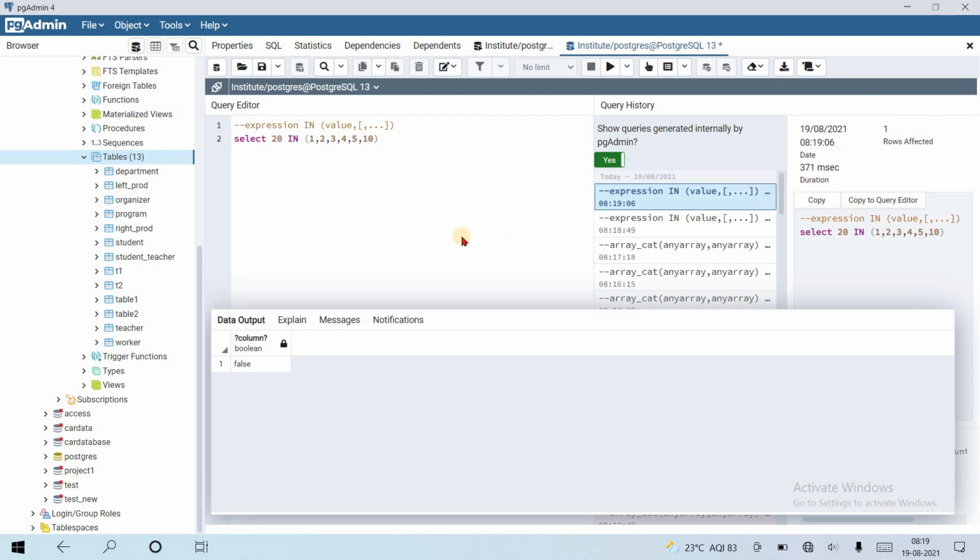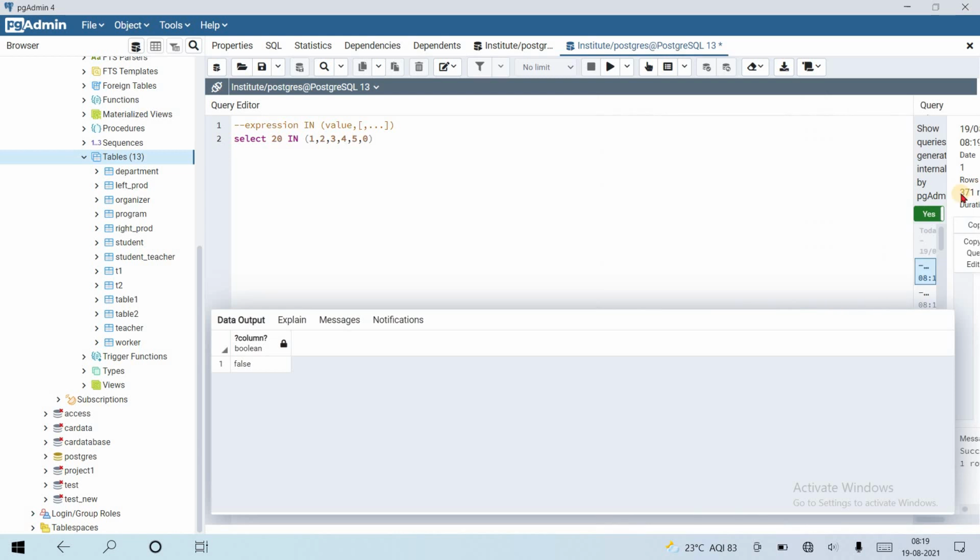So the result is true if the left hand expression is equal to any of the right hand expressions. This is shorthand notation for checking each and every value from this. That's it.